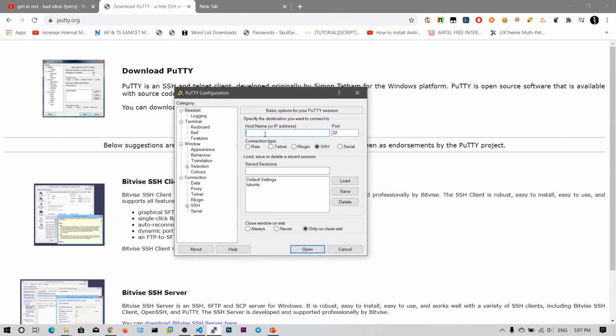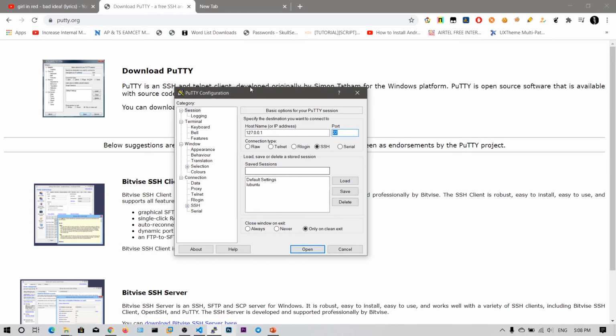This is the PuTTY interface, and what you want to do is type in the IP address. I don't have any SSH service, or I have no computers; this one computer has just been shut down. You can also log in using telnet, login, serial connection, and also SSH. You can mention the port here. The default port it takes is 22, and you can save the sessions and open the connection.